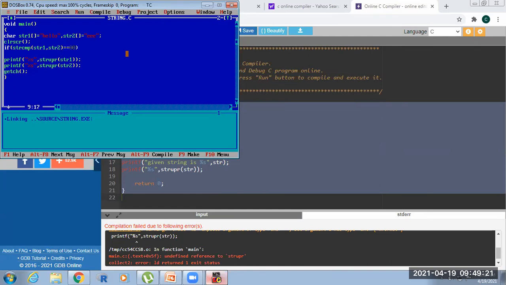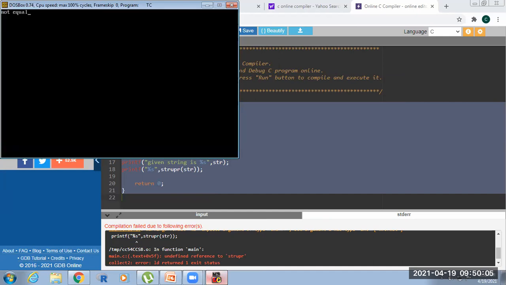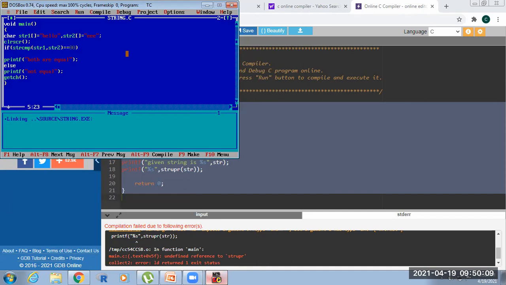Print both are equal. Else not equal. Not equal because I gave here hello, this is triple E. Now see here, I just write hello.